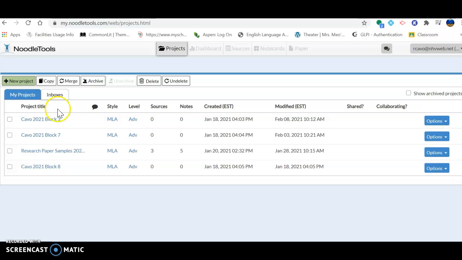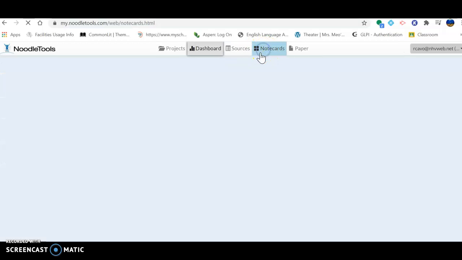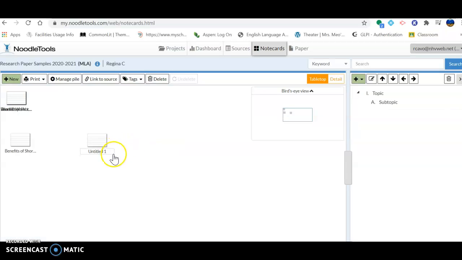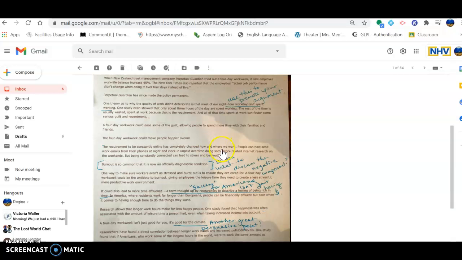You need to be within your project in Noodle Tools, have your project open. And you also need to click on the Note Cards tab at the top of your project. And then you also need to have your article open on your screen or nearby if you had printed it. Your annotated article needs to be nearby so that you could transfer the information from your article that you annotated